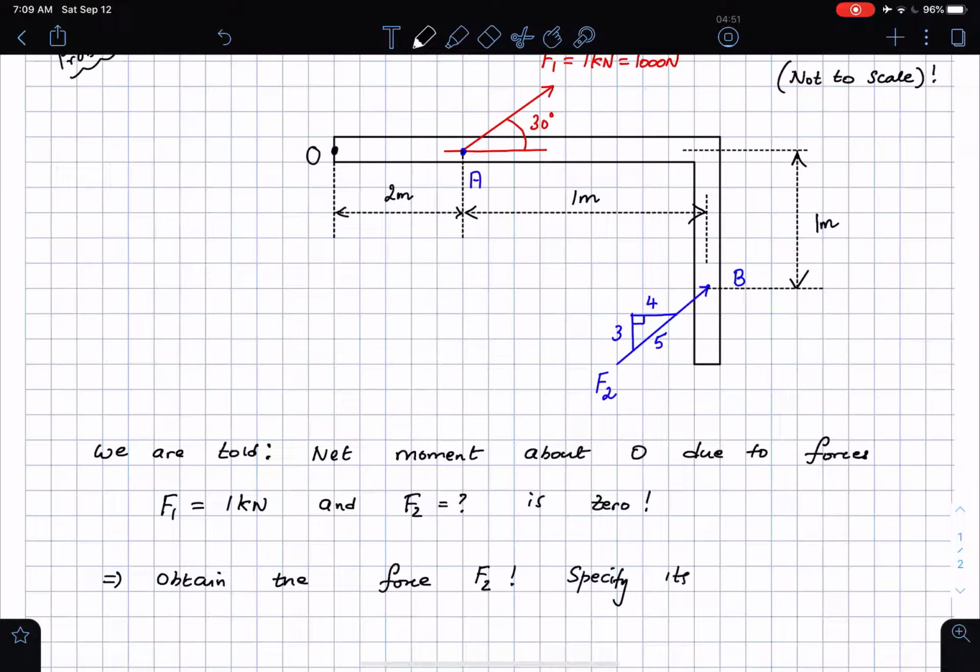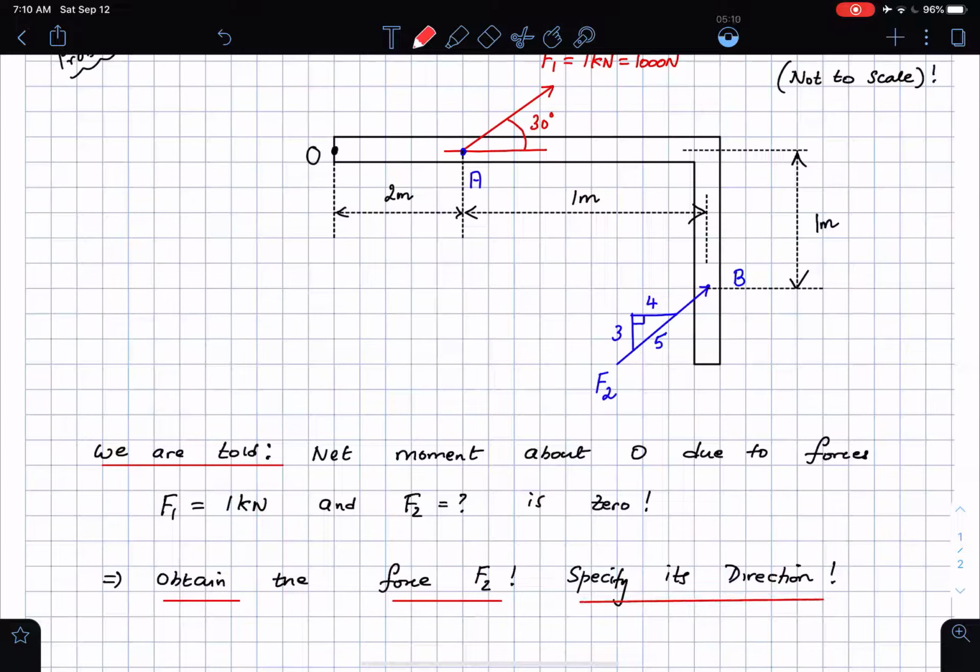Okay, which is important, right? Because we don't know whether the force is acting this way or not. So this is the information that we are told. Okay, what do we need to obtain? We need to obtain the magnitude of the force F2, and we also need to specify its direction,